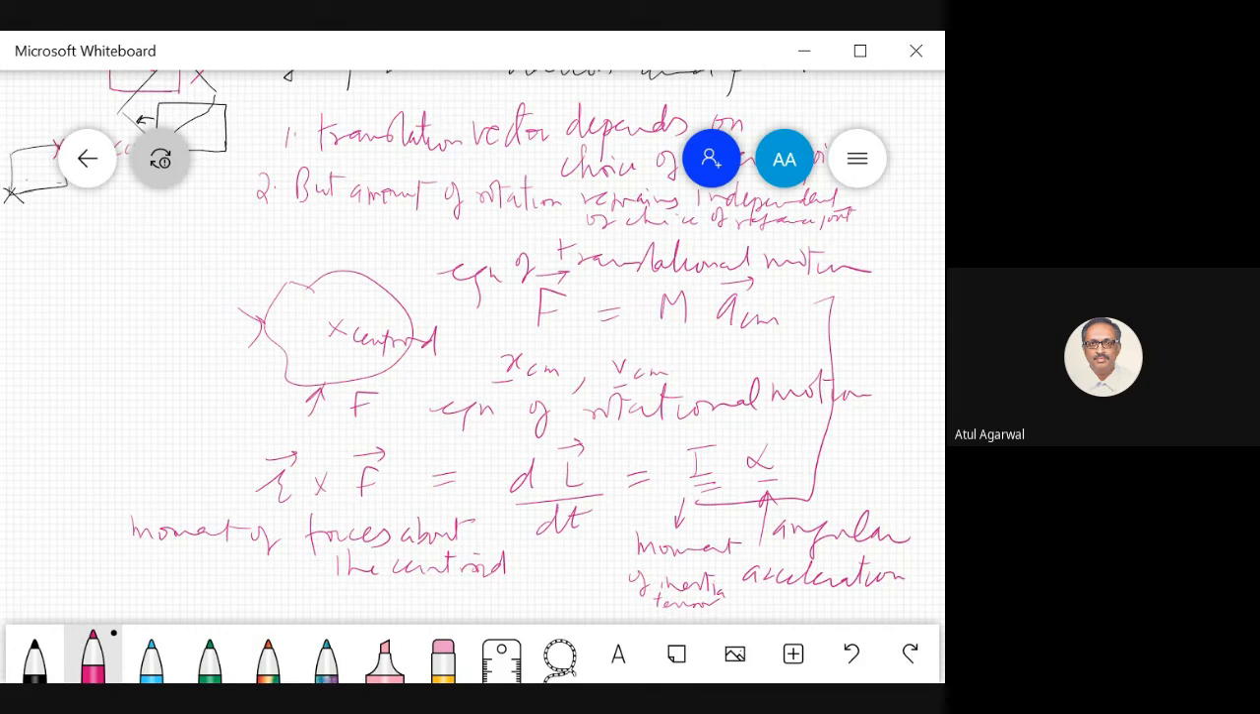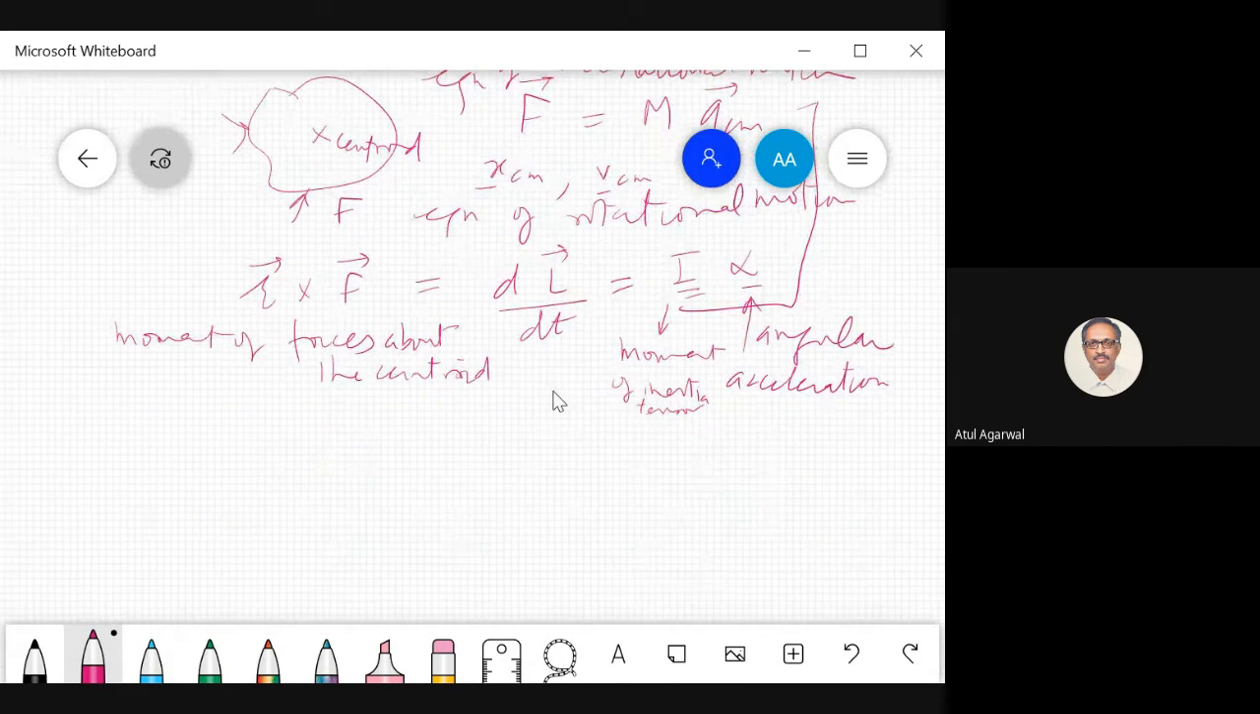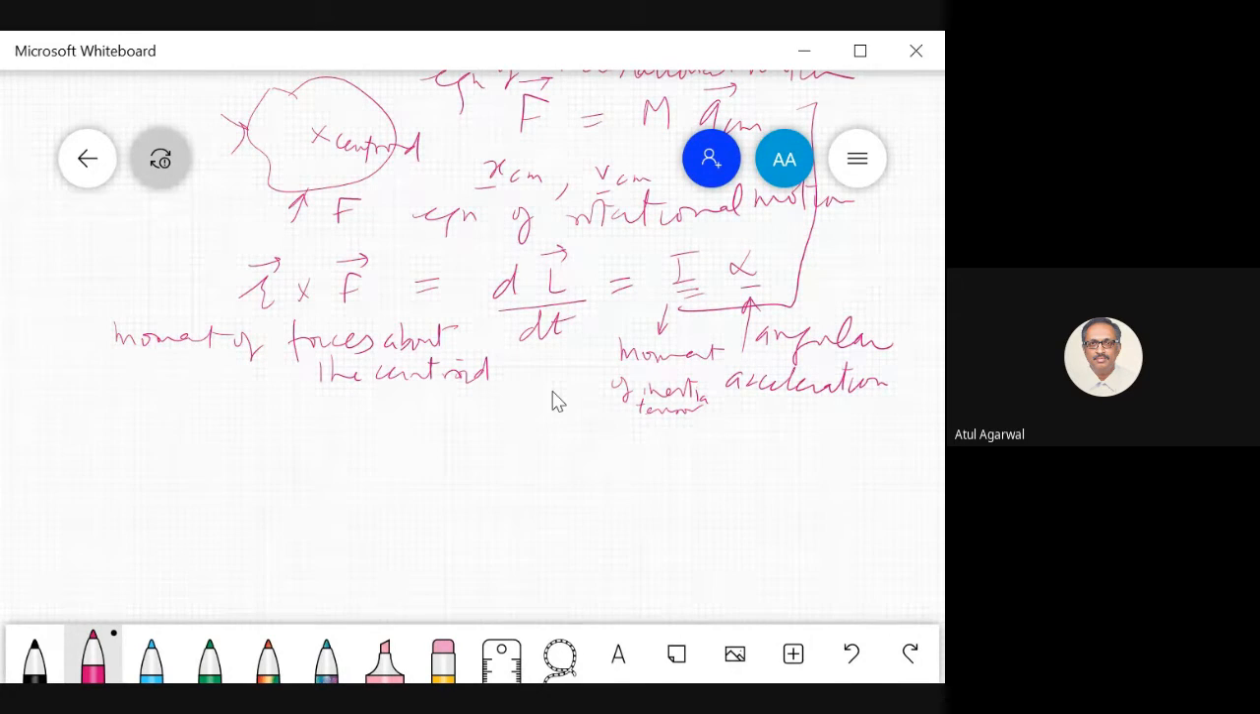I don't know if I will like to talk about this in this course, but it is all there in my YouTube lectures. If you look at it, you can go through it. So once you know angular acceleration, if you know initial configuration, initial orientation of the axis, then you can know how the x direction of the axis will change with time. One more thing is the concept of,